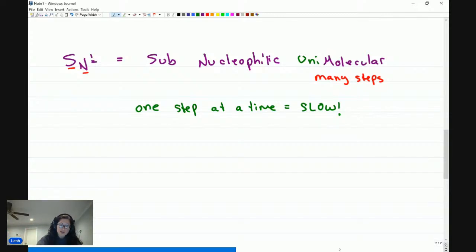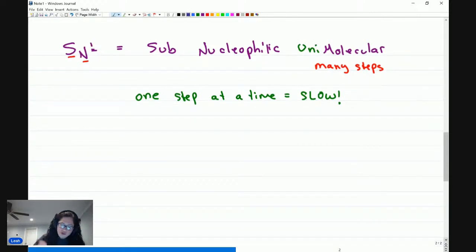goes very, very slow. So let's look at a straightforward but kind of tricky reaction that professors like to throw at you. And that way we can look at all the different pieces. We'll start with the molecule that we were using for SN2 and E2, because yes, it can undergo SN1 and E1 as well. What I have here is my alpha carbon, the carbon holding the leaving group, that is very